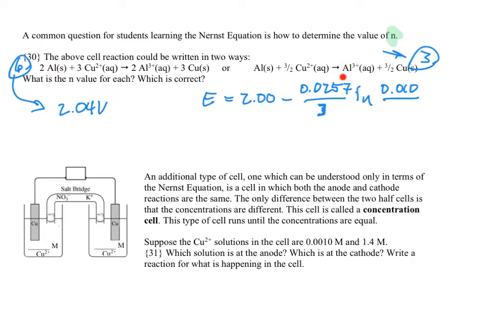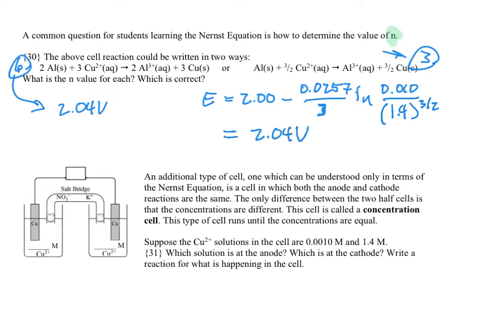So there's only 1 mole of aluminum, so I'm going to leave that as raised to the first power, divided by 1.4. And I'm going to raise that to the 3/2 power. Now, go ahead and do this with your calculator yourself, and you should definitively see that the cell potential here is going to be still